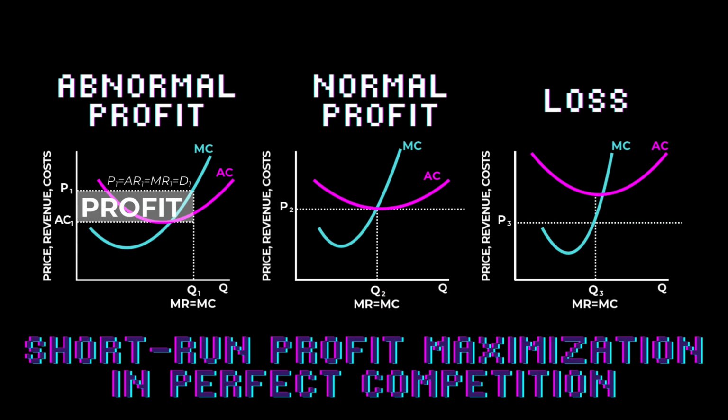The second diagram shows us a profit of 0. But remember, in economics, that's a normal profit. This happens because average revenue is equal to average cost at the profit maximizing output level. We can see on the diagram how everything intersects at that point. That's an easy way to tell that it's a normal profit diagram.